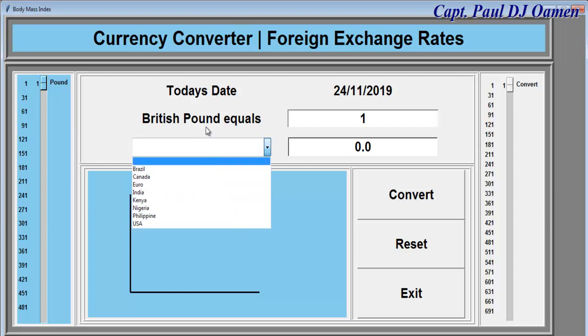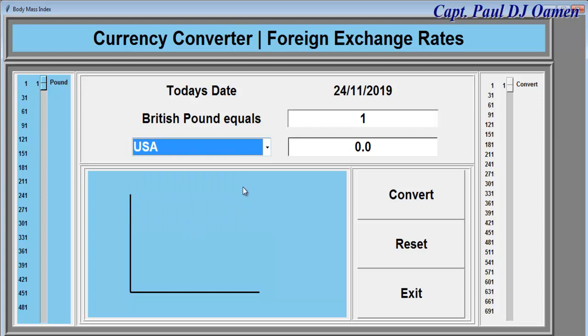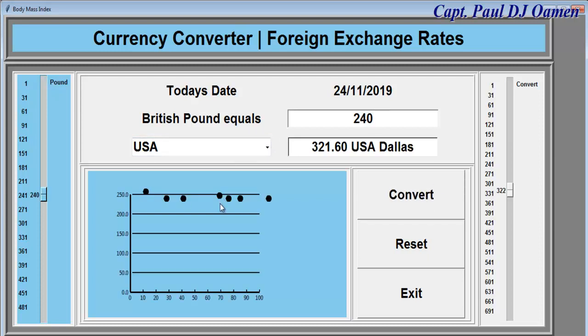Let's say we want to convert US dollars. Okay, let's say about 240 to US dollars. There we go. And right here I also have a chart that tells you the rate of conversion up to present day. Okay, so what I'm going to do now, guys, is to take you straight into